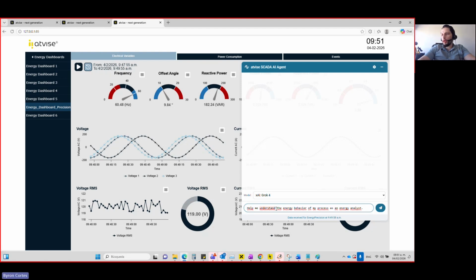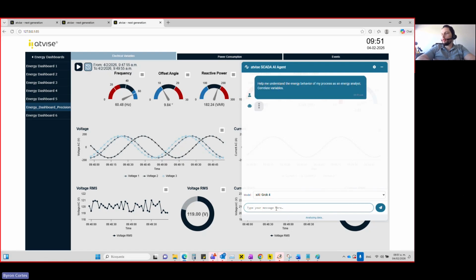What else we could ask? Correlate variables. And that would be it. I mean, you could ask more things and be more specific, and then the AI agent is going to take that information and start analyzing it to provide the result.